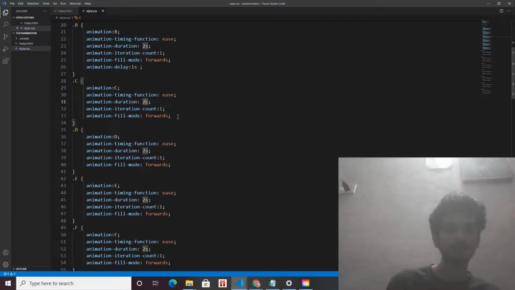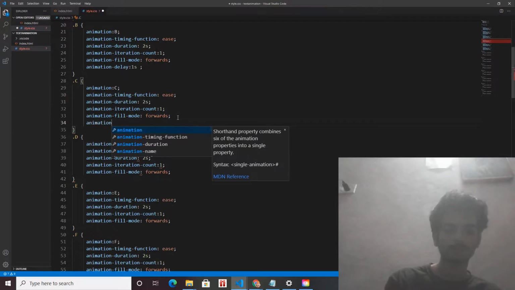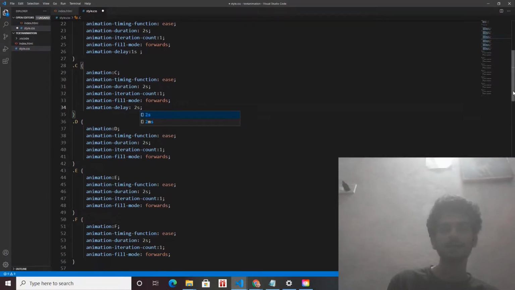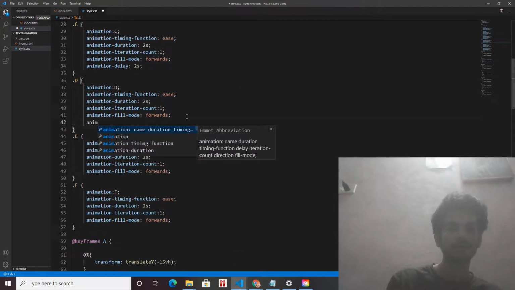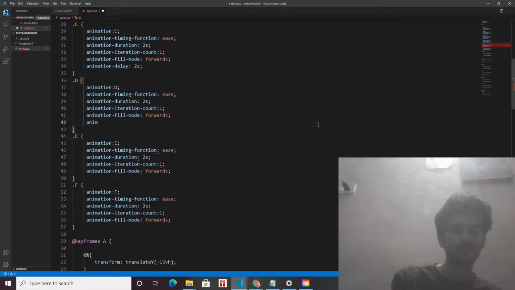In this C div I am giving 2 seconds. Why? Because in the second div I have given 1 second, so the third word will wait for 2 seconds, then it starts coming from top to bottom. Let's do the same in the D element. What happened? Let me undo.